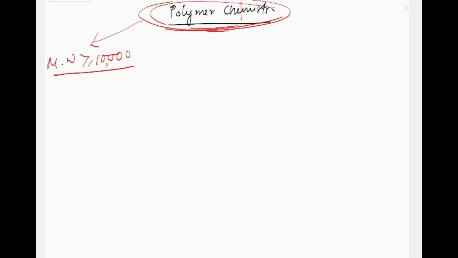Now, there are a few polymers with molecular weight less than 10,000 also; those are called oligomers. So what are oligomers? Oligomers are polymers with less molecular weight, that is, fewer monomers. What are monomers? I will be discussing that in a few minutes. But before that, let us discuss the classification of polymers. How many types of polymers are possible? Generally, in respect of their origin, that is the source,